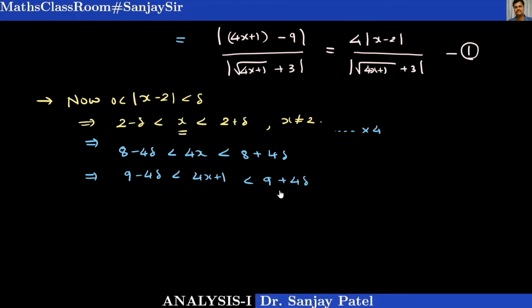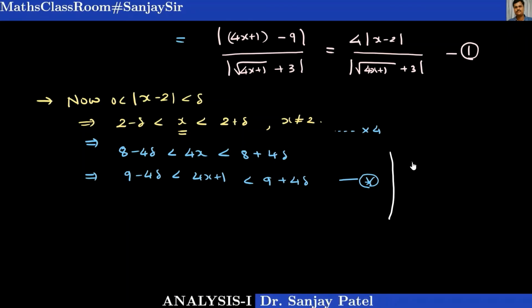Okay. So this is 4x plus 1. I want to take the square root also. But before I take the square root, let me use some other idea. One can take the square root if everything is positive, but we don't know about the number delta. It depends on delta, so this need not be positive. I should choose the number delta to be positive, so that I can take the square root very easily. I want to take the square root of 4x plus 1 and make it less than some constant. So this will be the main case.